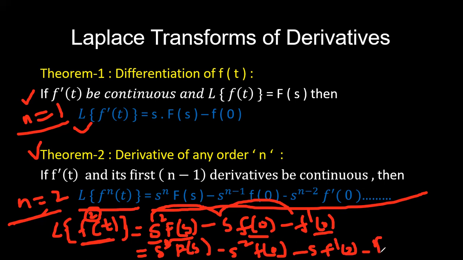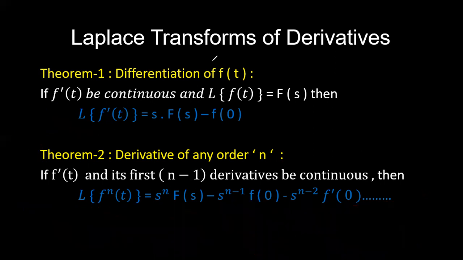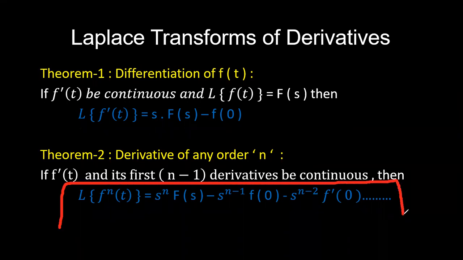Next is f double dash of g. So this f of s function increases with respect to differentiation. This is the way you have to evaluate the derivative of the nth order when you apply the Laplace transform for the given function. Just remember this is your basic derivative Laplace transform equation for the nth order.